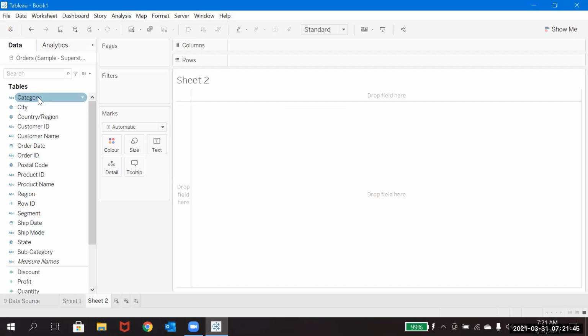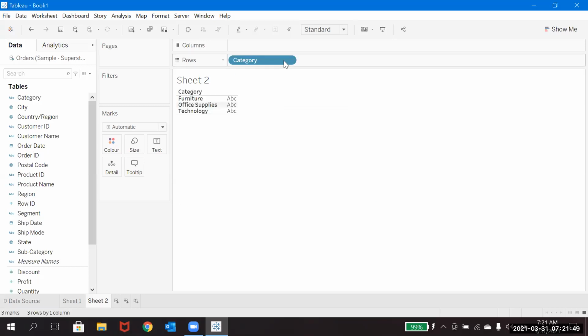You may have a doubt about what those categories are. You can observe furniture, office supplies, and technology. Category is something like a business unit, like what type of products we majorly have: furniture products, office supplies, technology products, and so on.